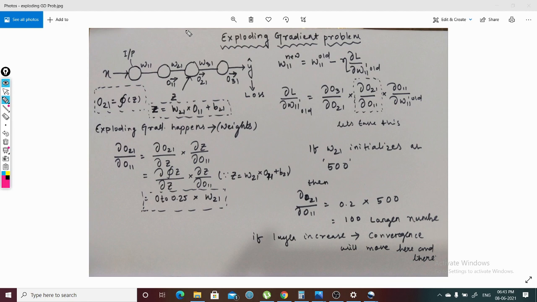It occurs when we calculate the gradient, as I have discussed in the vanishing gradient problem. So it occurs here in the gradient side. When we calculate the gradient while doing the backward propagation, this exploding gradient problem occurs. Okay, let's see how it occurs.